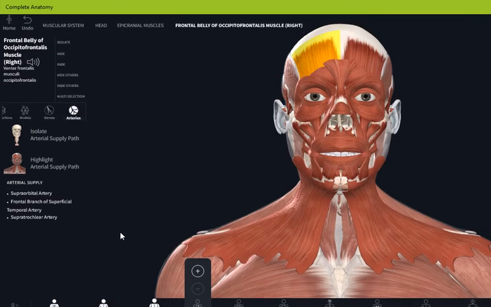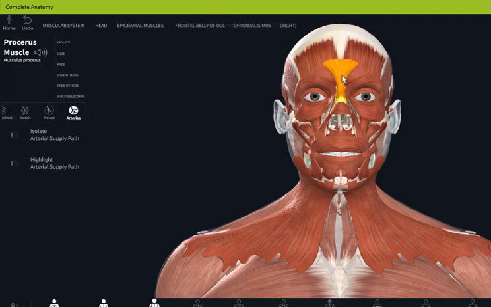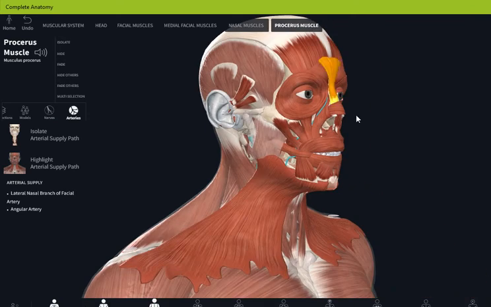Now let's come back to the next muscle. The next muscle is going to be this muscle called procerus. So the procerus muscle is a muscle which is found here. It originates at this top portion, and it inserts here. Now let's see the nervous